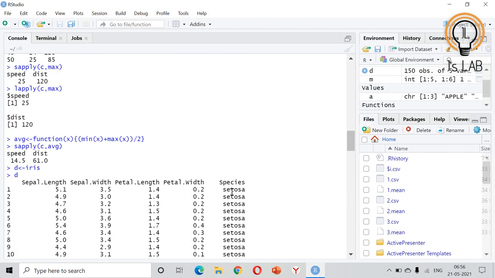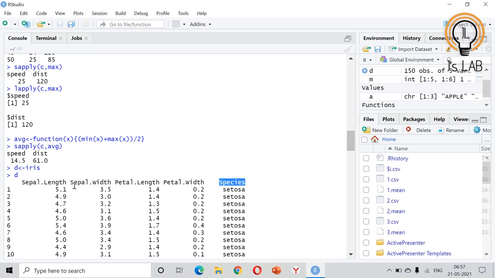And what we need is, we are going to apply tapply to this data set. I am going to take the column sepal.width, and for the factor I am giving the species, and I am going to find the median.